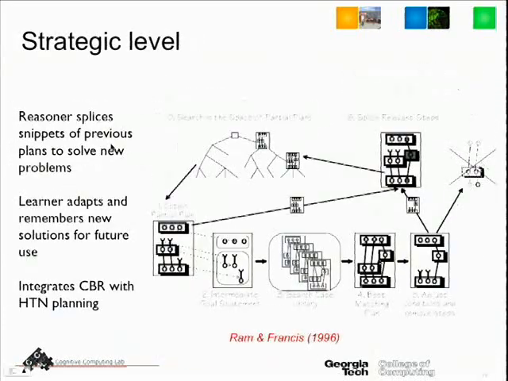When you move up a level, I took this slide from Anthony's PhD thesis work. This is a snapshot of a planner. When you move up to a strategic level, we're getting away from just looking at numerical values over time and looking at strategic planning type issues. So here we have to reason about goals and strategies and plans and counter plans and so forth. What the system is doing here is search in the space of partial plans. There's a paper that I did with Anthony Francis on this. The system then remembers partial plans from its past experiences and splices them together to create plans for the new problem.